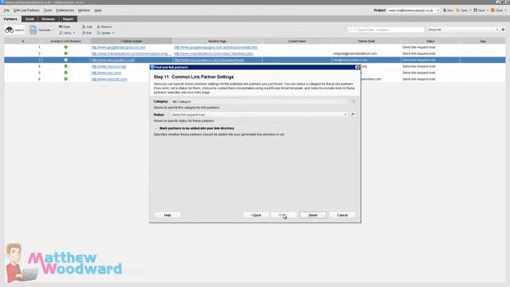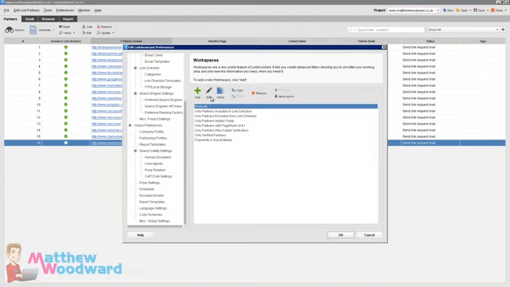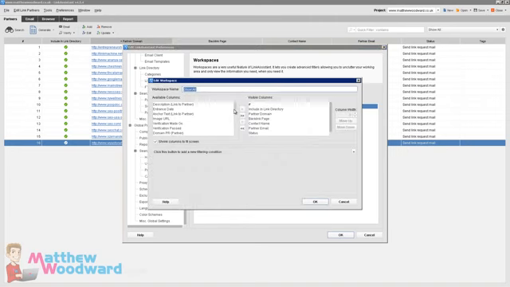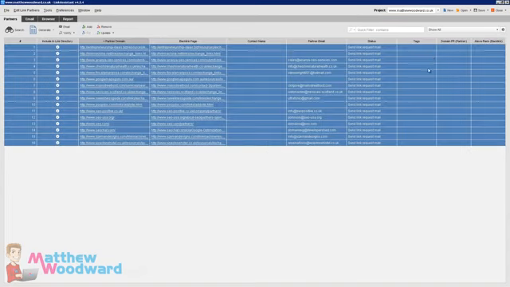Click next, and finish. So here you can see we've got lots of potential partners, and we can include some additional information here by editing the report, such as the domain page rank, the Alexa rank, possibly if we wanted to get traffic from our links as well, so we can add Alexa rank in there. Click on OK, OK again, and to get that information we need to click on update